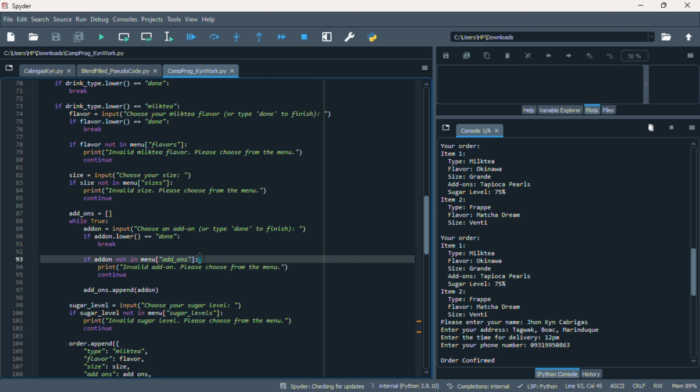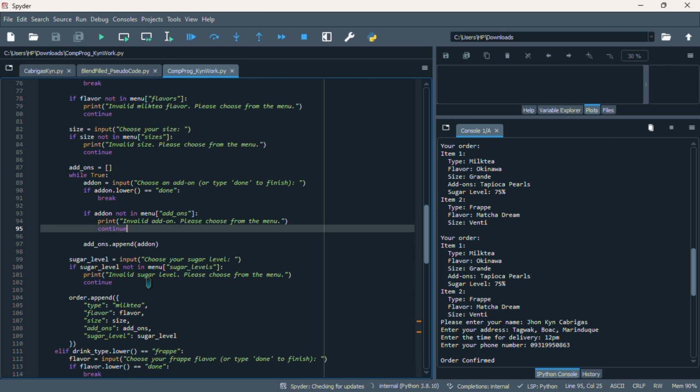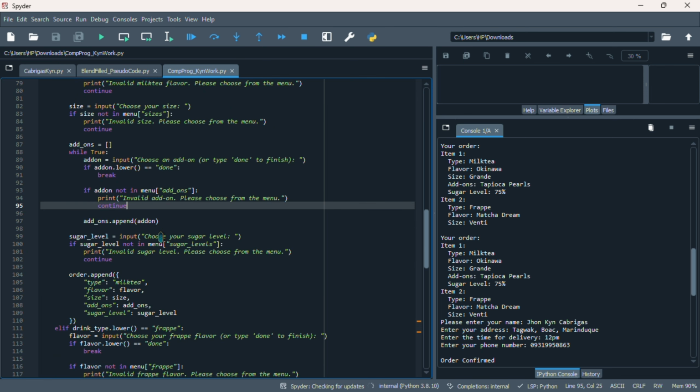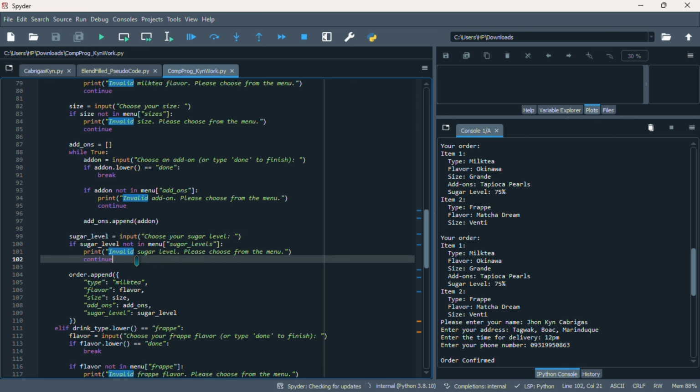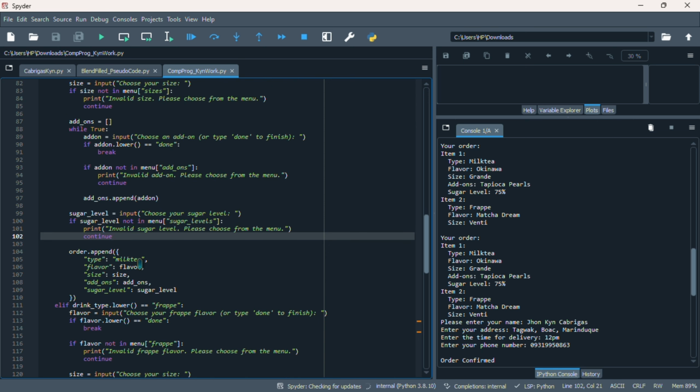If the add-on isn't on the menu, it will print invalid add-on. Please choose from the menu. For the sugar level, it will ask, choose your sugar level, and if the sugar level isn't on the menu, as the loop continues, it will also say invalid sugar level. Please choose from the menu.